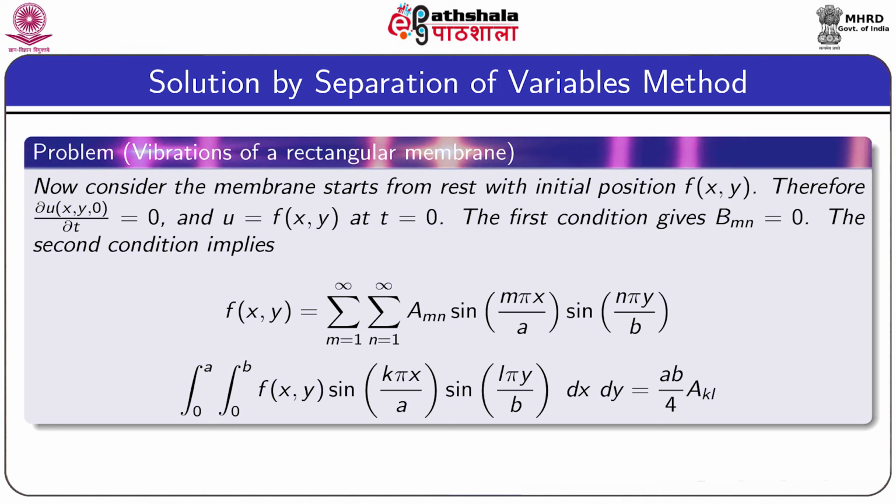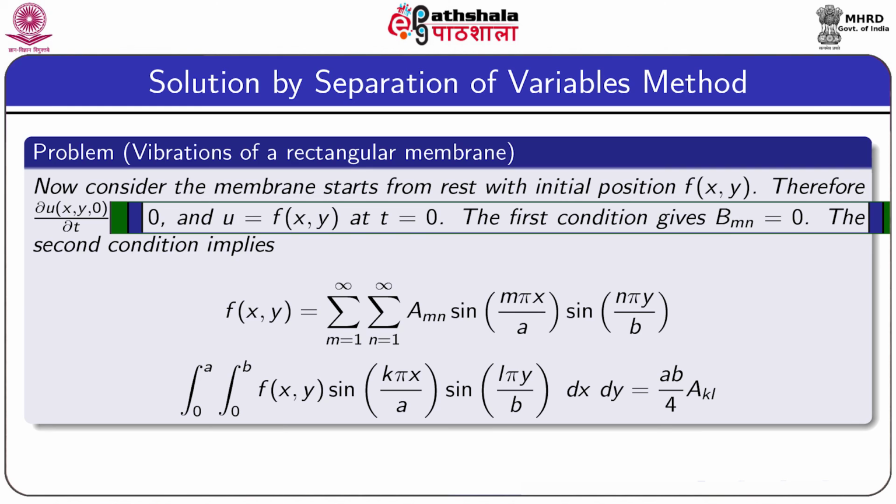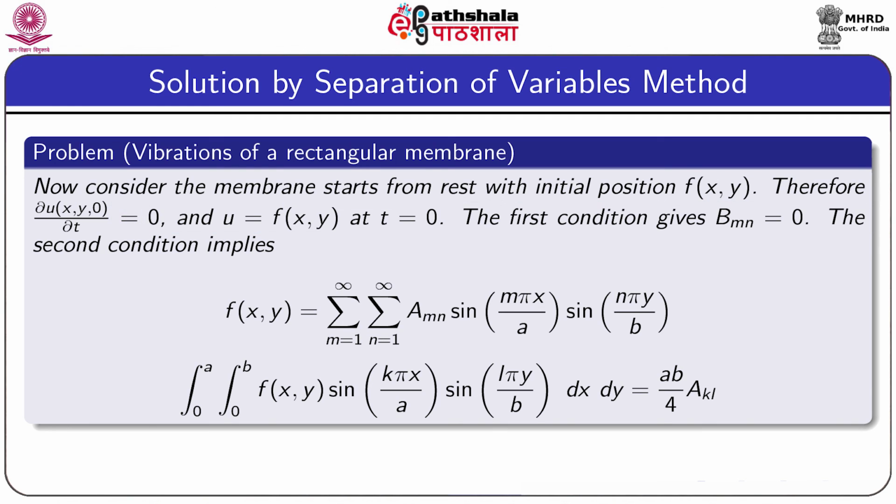Now, the condition ∂u/∂t equals 0 gives the value of B_mn as 0. Now, if we use the second condition, that means u is equal to f(x,y) at time t equal to 0,